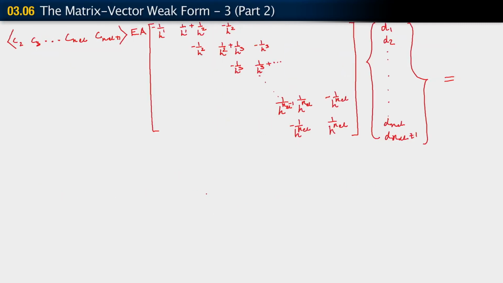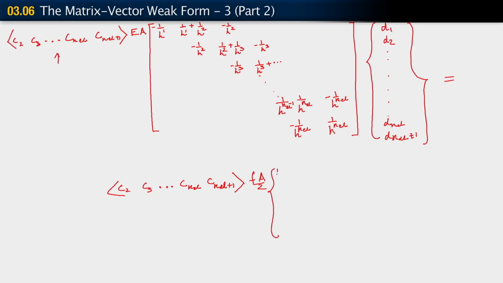Okay, so the right-hand side then involves the same row vector, C2, C3, CNEL, CNEL plus 1 multiplying FA over 2